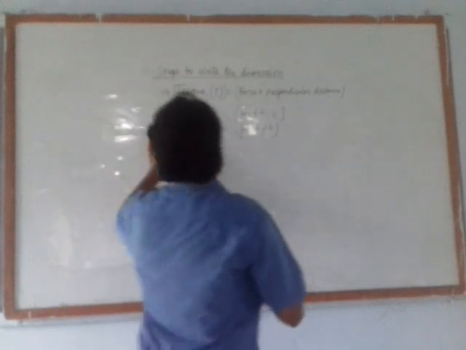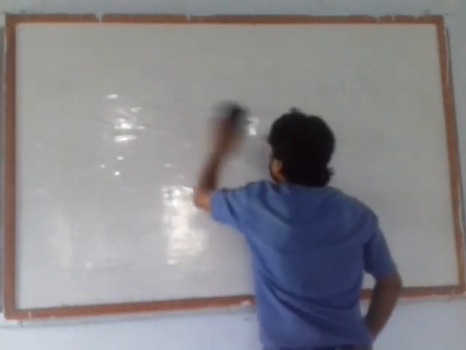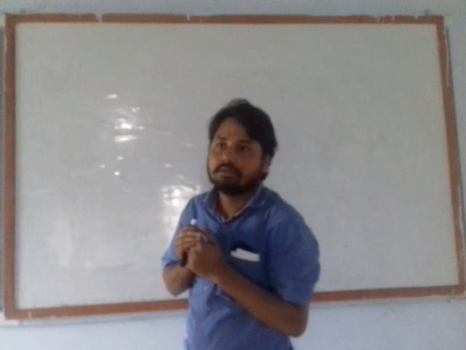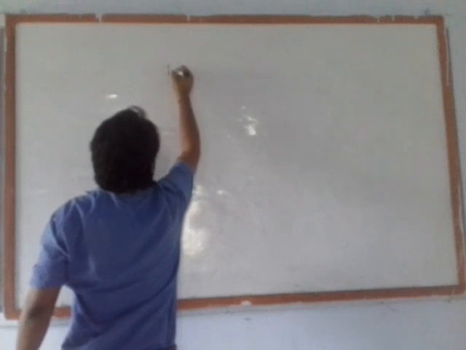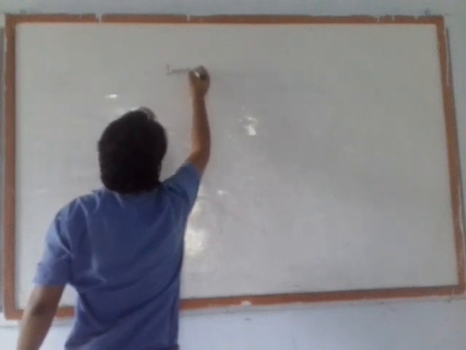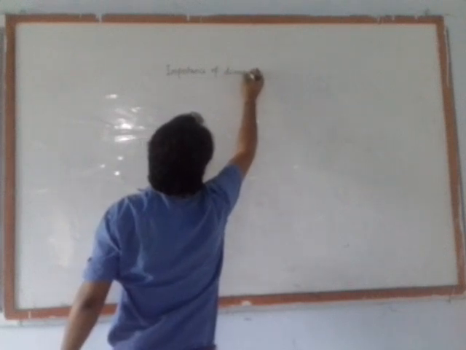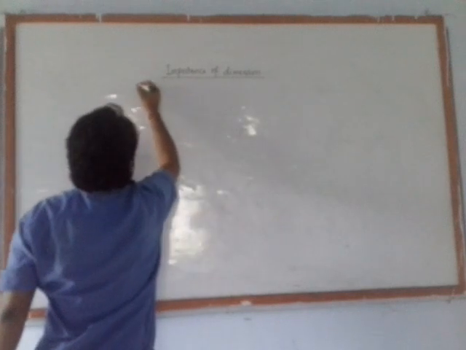Let us see the importance of dimension. And students, in between the importance of dimension, limitations will also come. So first, number one,